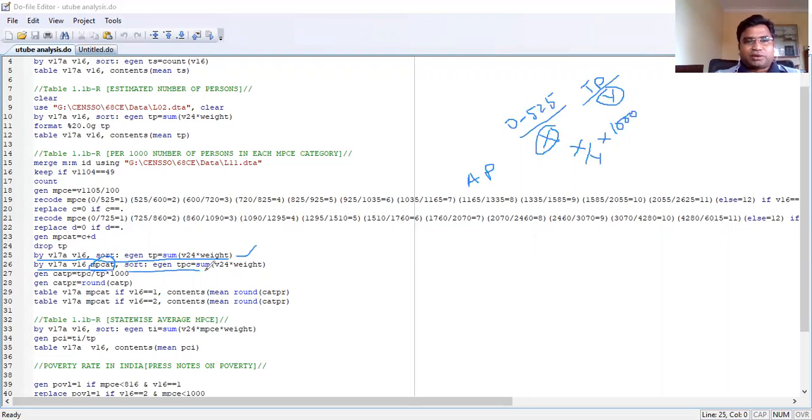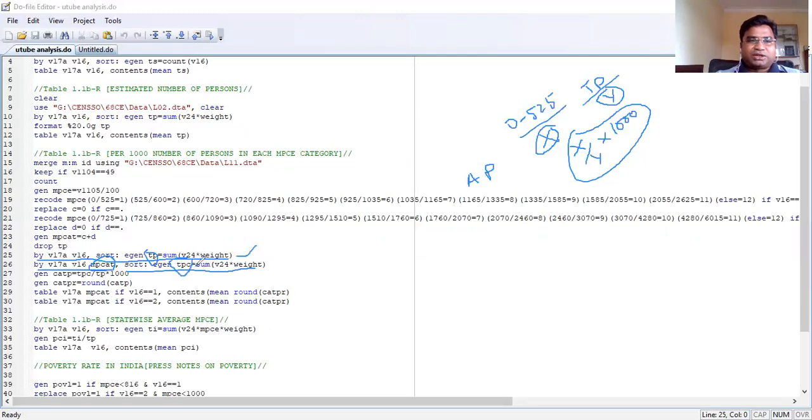And then I'm using the same command. So total TPC, total population in the particular category, is equal to summation V24 multiplied by weight. This is what I have explained earlier, so I'm not getting into it further. So now this is nothing but x by y by 100. This TP is your variable which gives you the total population. This TPC is giving you the category wise population.